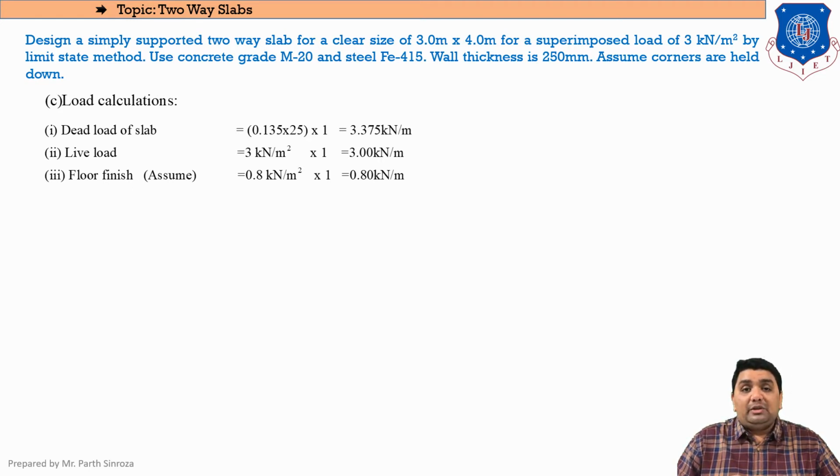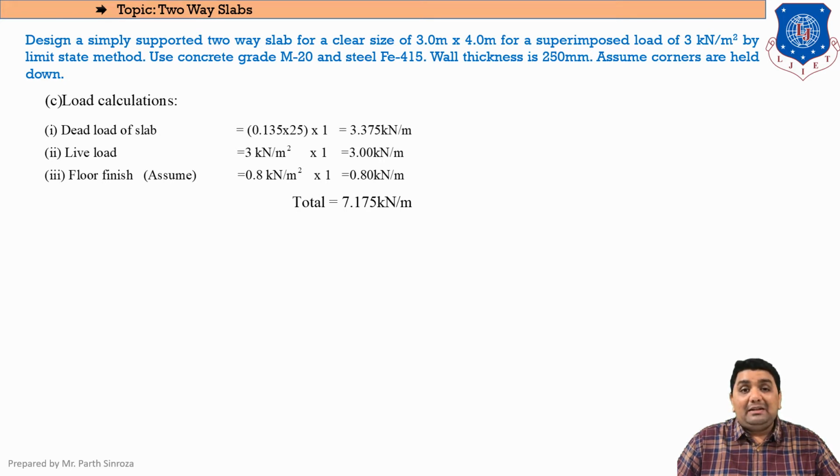If the floor finish load is present in the question or is applied in the question, then you need to take that value only. So here this will be obtained by the equation rho BD. This will be my capital D, this will be my rho, and this will be my width. Thus calculation of slab will always be per meter width. Okay, so the answer comes out to be total 7.175 kilonewton per meter.